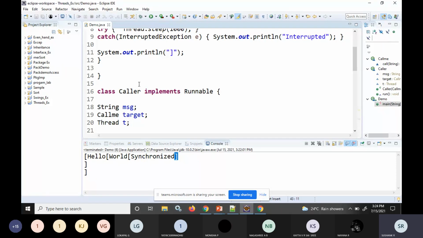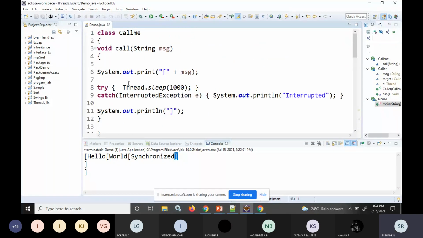How to do this? One small change. You just need to make this method synchronized. If you make this method synchronized, the call to this function will be synchronized. To fix this program, I just need to make a serial access to this call function, because three threads were calling it. So this call function will have access to only one thread at a time.